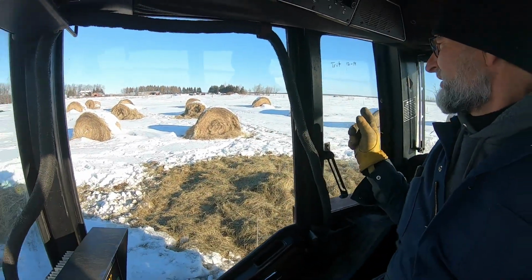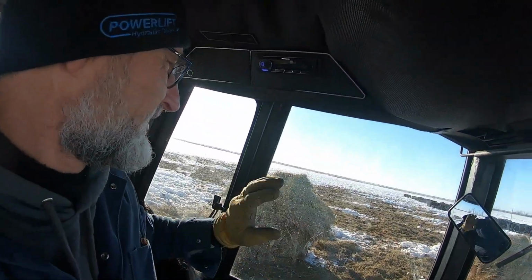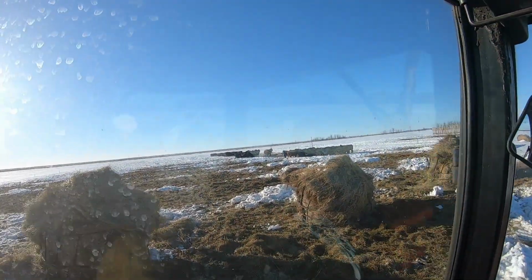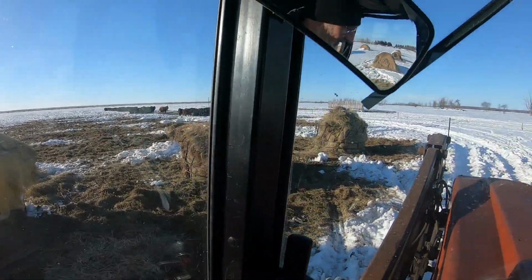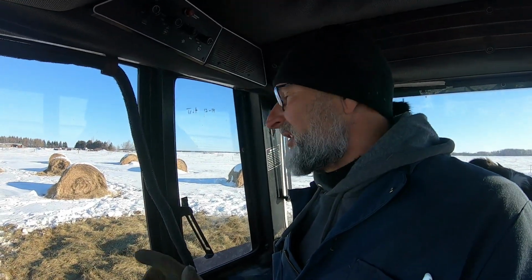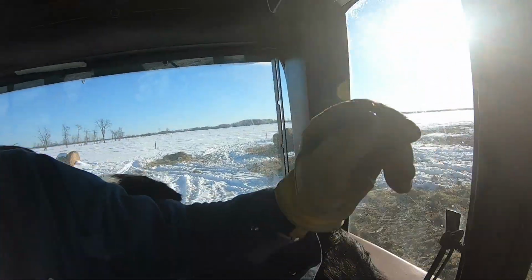I've got all my bales set up for the bale grazing. We have almost completed the whole section already of feeding. I just fed the cows a bale of round bale silage, and so frustration is really kicking in here, is I have cows that are getting into the bale grazing. There was one bale that was left here in the round bale feeder. I wasn't feeding them in the round bale feeders. I just brought the round bale feeders this week